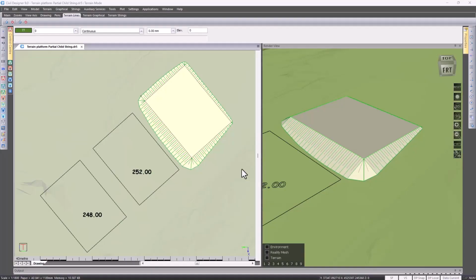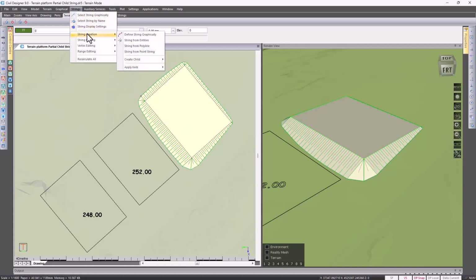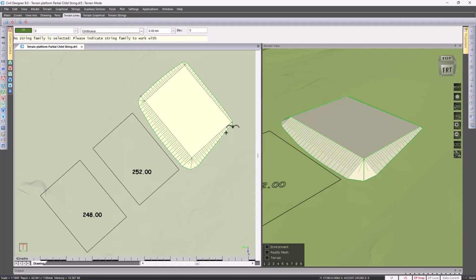In Civil Designer version 9, we've added the option now, when you create a string, a terrain child string, when designing your string platforms, to create a string on a partial range. So just a portion of the initial master string's length. For example, I've got this existing string platform in view on my screen, and if I select partial range,